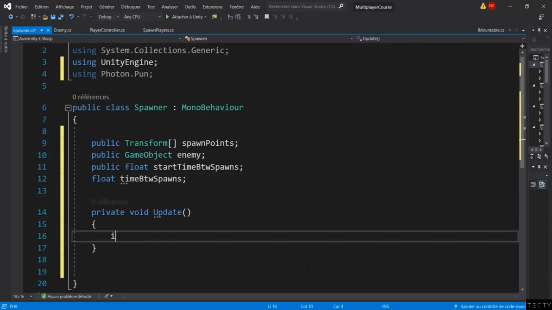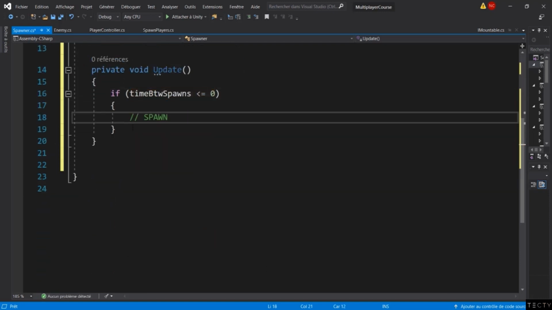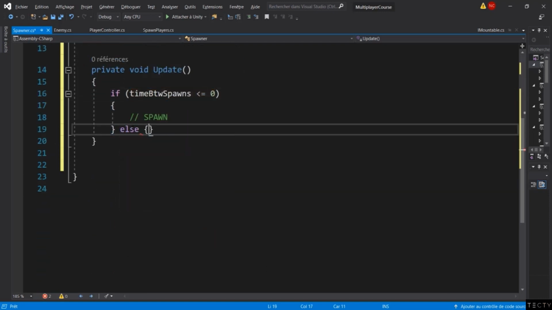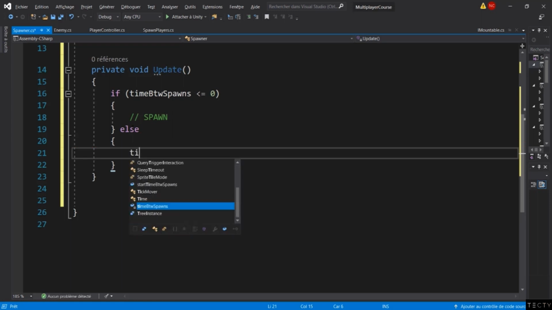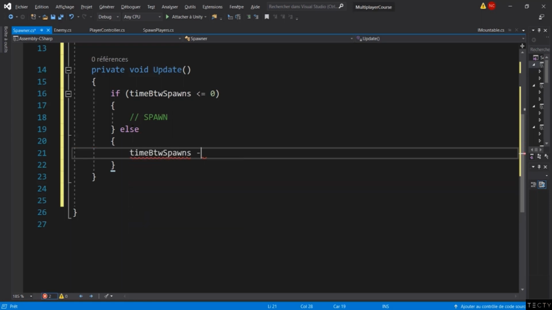Inside of the Update function, we'll check if timeBetweenSpawn is less than or equal to 0. If it is, that means it's time to spawn in a new enemy. Else, we'll slowly decrease this timeBetweenSpawn variable using minus equals Time.deltaTime. So if it's time to spawn in an enemy, then I'll type